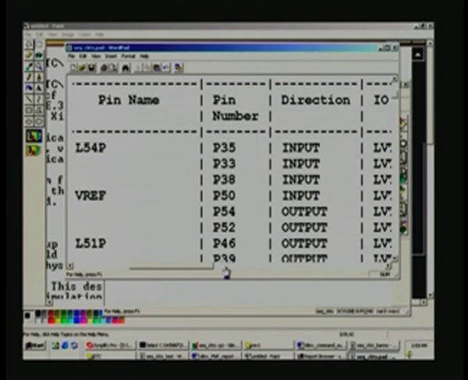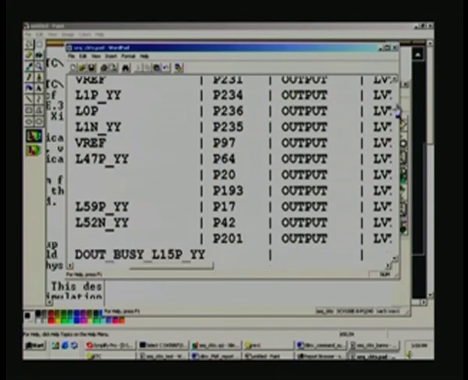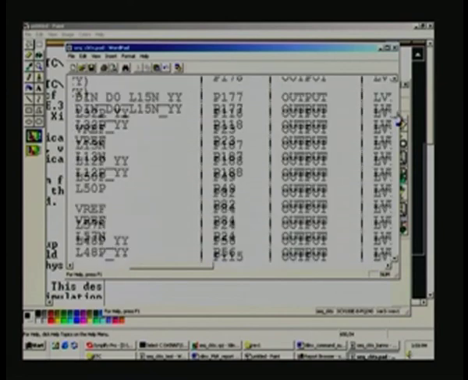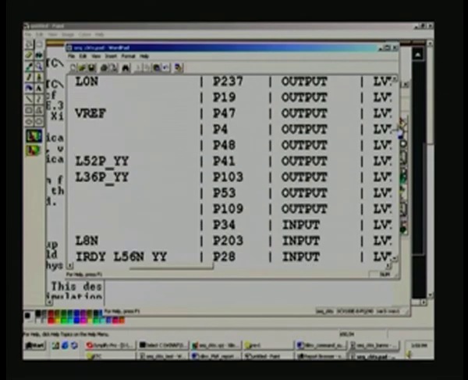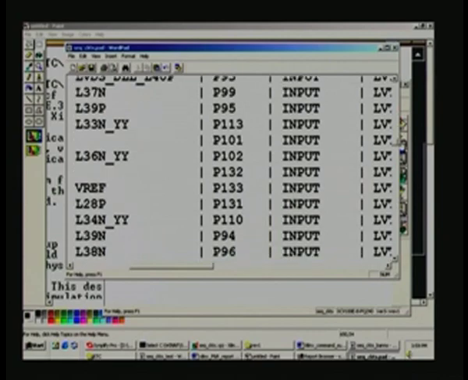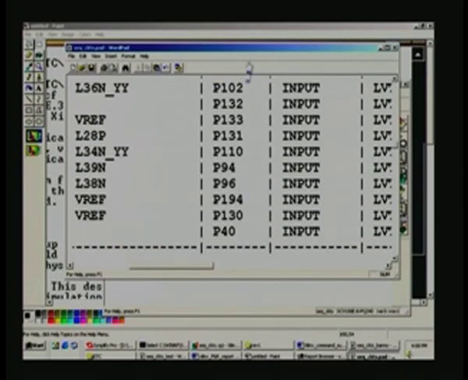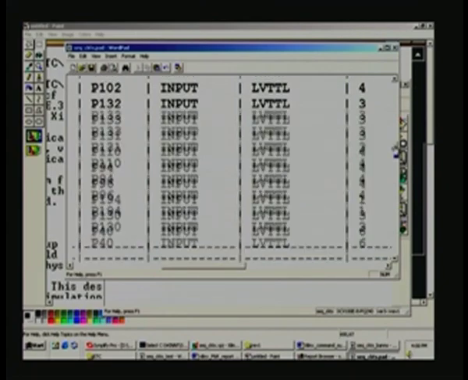So pin 35, maybe there may be some rows, because it is only 240 pin, probably it is merely some deep type, or I do not remember really, and you can see some 237 pin number coming. So it is a 240 pin package. So naturally you should not see anything greater than 240 here, and each of these signals, whether it is an input or not, whether it is TTL compatible or, let us see,